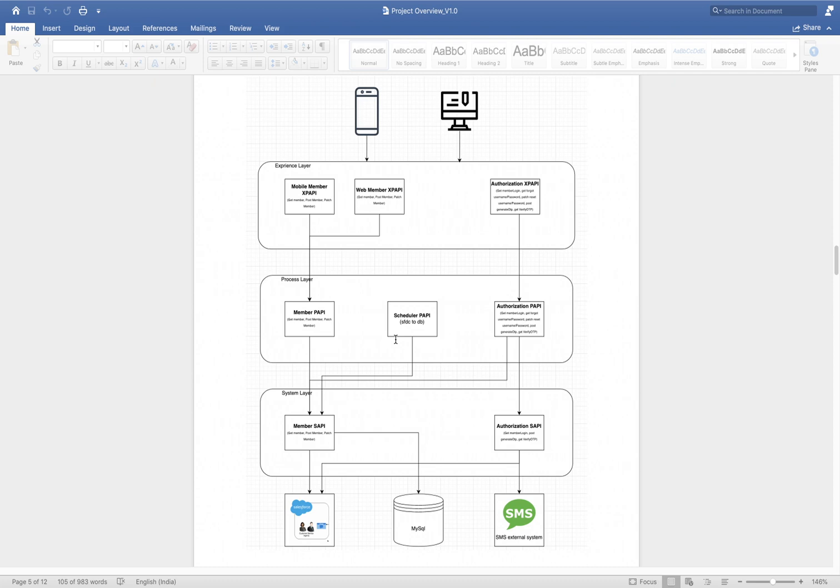There may be some scenario where you want to make it async, then you can introduce JMS or file. But generally if your process is async, then we used to create a separate process there, and again you will create one set of system, process and experience APIs. But in 99% of cases you will use an API call only, REST API call.